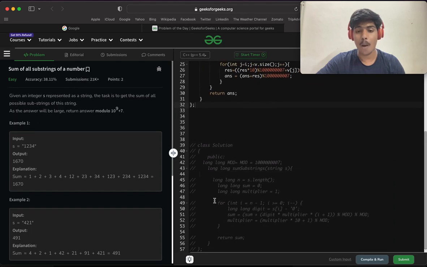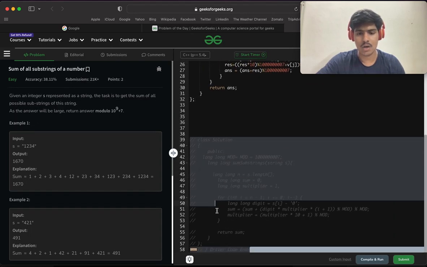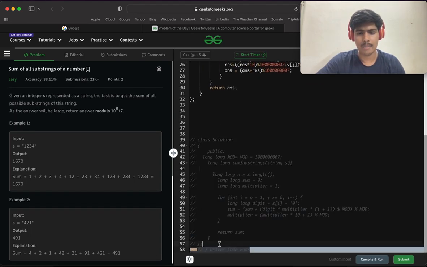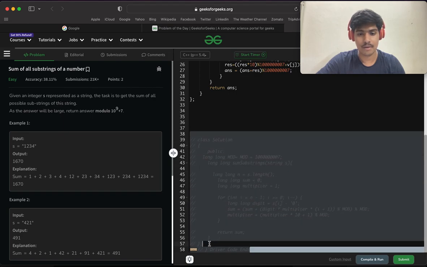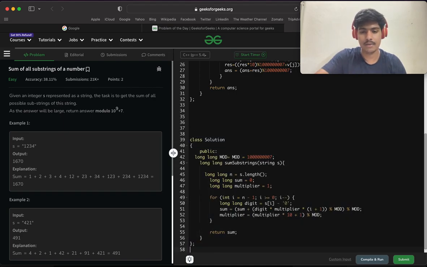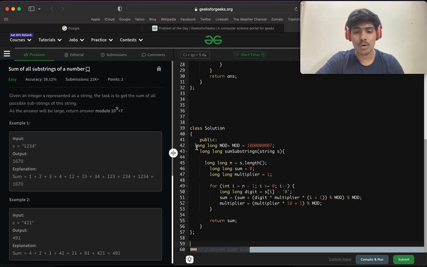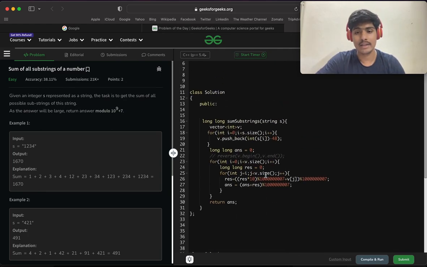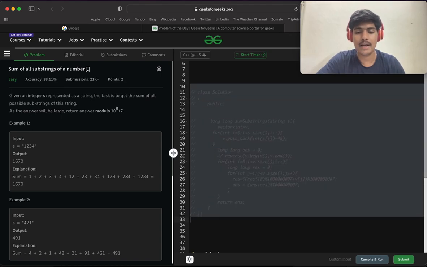So now let's see the optimal code directly, because the optimal code is very simple. In this optimal code, I have created a modulo, which is 10 to the power 9 plus 7, and this is a function. I am taking n equals s.length and initially sum equals 0. I am taking a multiplier because, if I comment this, here I have taken the